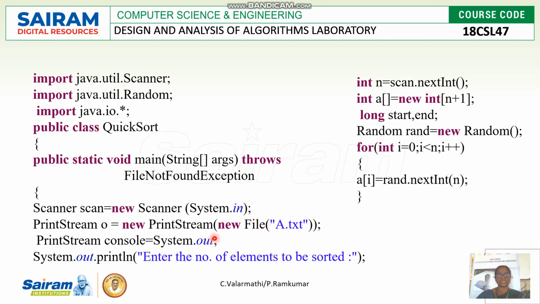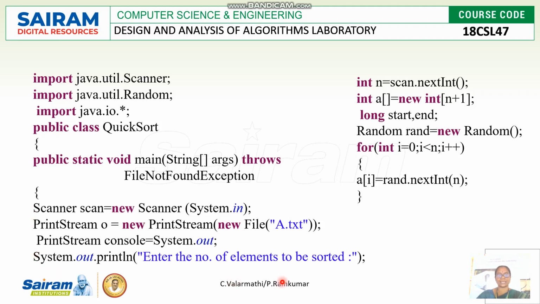The PrintStream is treated as the output stream, so the output of the sorted elements is printed in a.txt. This is the initial preparation for this program.